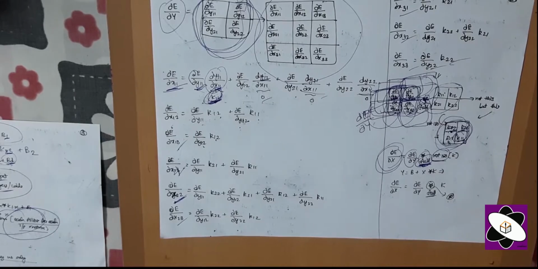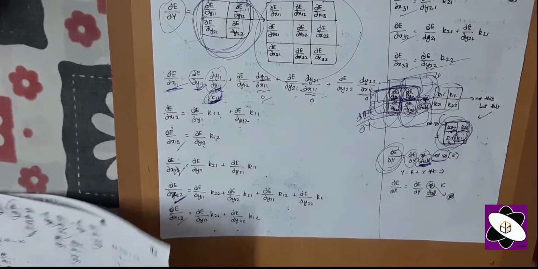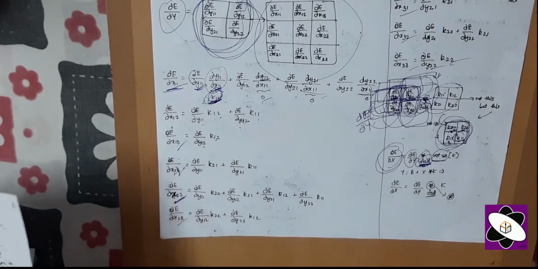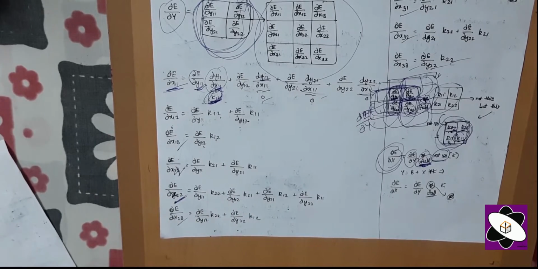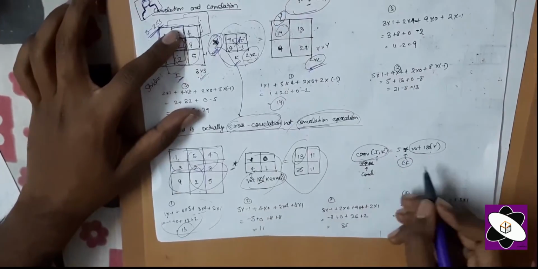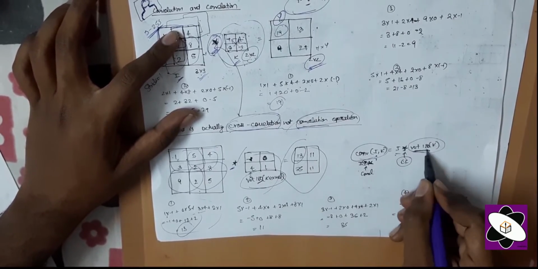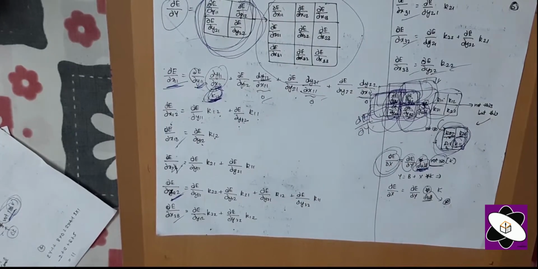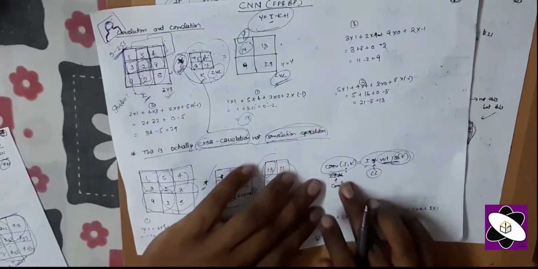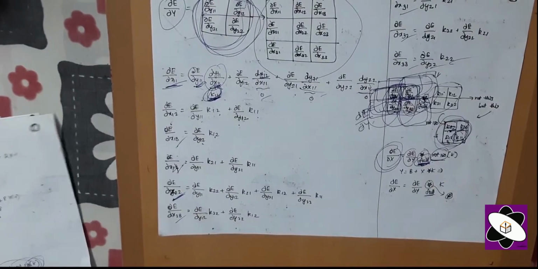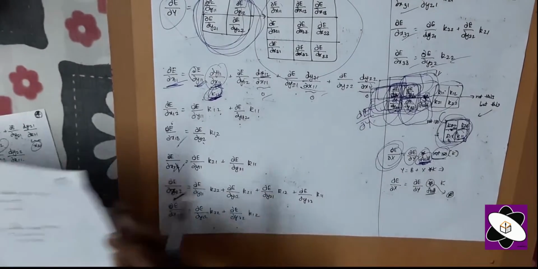What little difference there is between those things, I have discussed over here. The convolution of I and K is nothing but I cross-correlated with K rotated by 180 degrees. So here, the full operation for this purpose, for how these equations are related, we are showing, but the full operation is not necessary. Convolution of I and K is equal to I cross-correlation with the rotation of 180 degrees of the K matrix, or for any matrix, but here K is the filter matrix, so we have just shown that, and